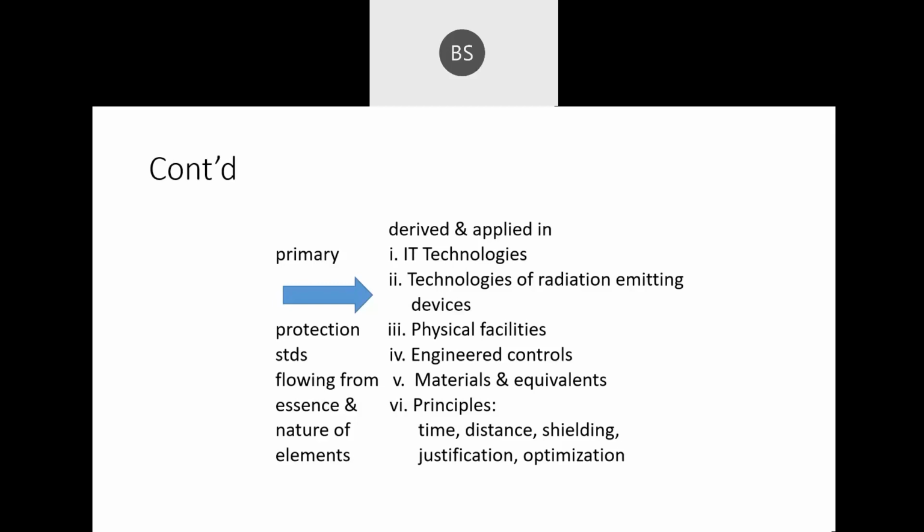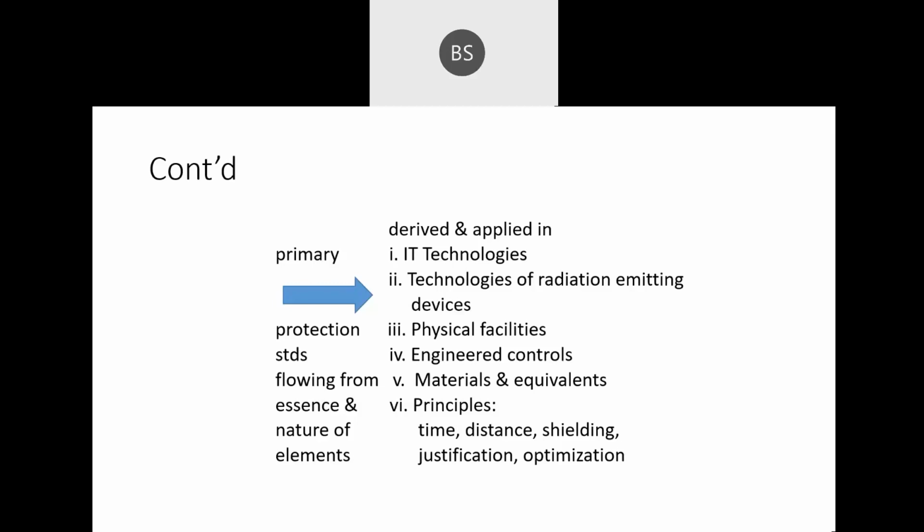There are also materials and equivalents. There are materials that are found not to be penetrated by this essence called radioactivity. Therefore, all the materials that are used and their equivalents are deriving their values or standards from the standards of protection. If I were to give an example, some of the materials that are used to encase, or to protect against radiation, would be depleted uranium, but we know how heavy that may be. Therefore, we look for